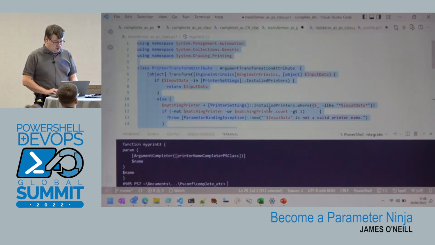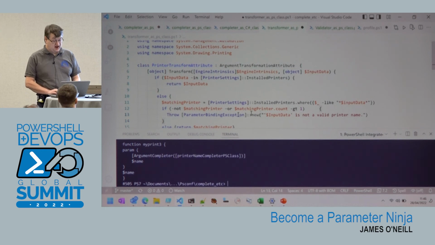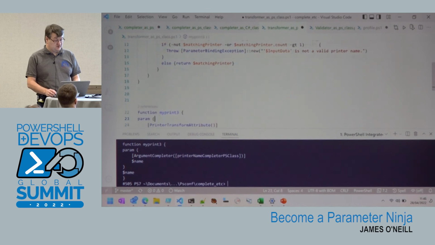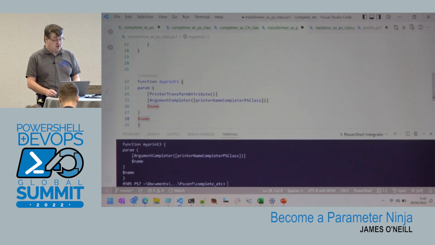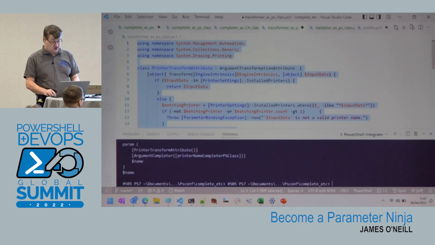So, yeah, the transformer basically says, if the input value was a printer, return it. If it's not, if we can't match it against a printer, throw an error. If we can match against a printer, fantastic. Return the matching printer. So if I run this, I've still got my completer attribute there, but I'm now going to add the transformer attribute.